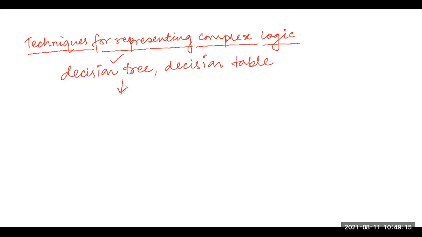The decision tree gives a graphical view of the processing logic which is involved.